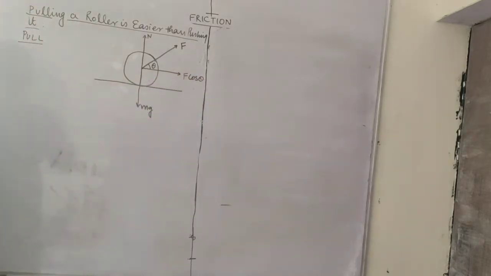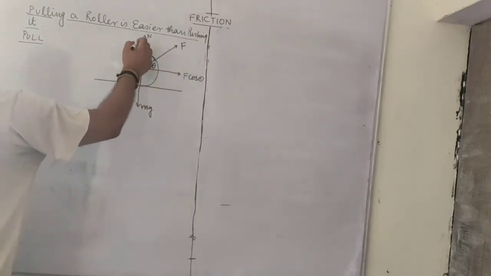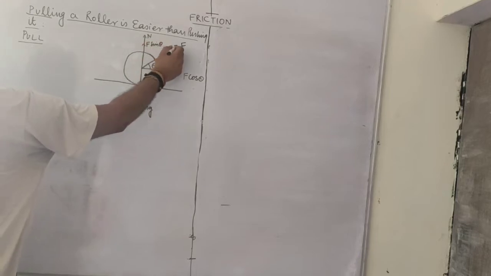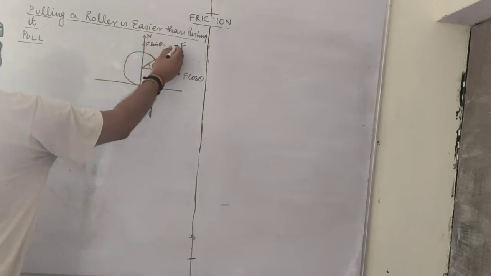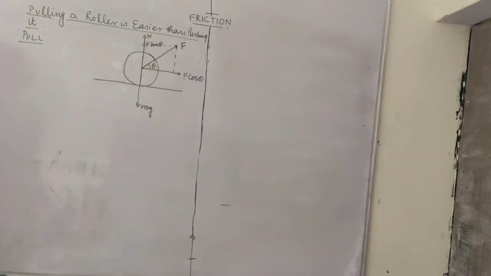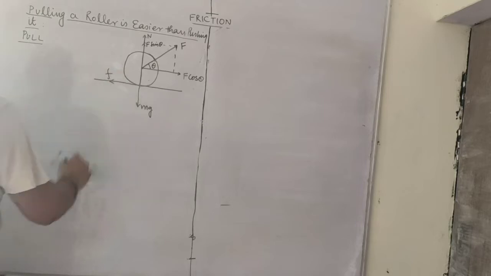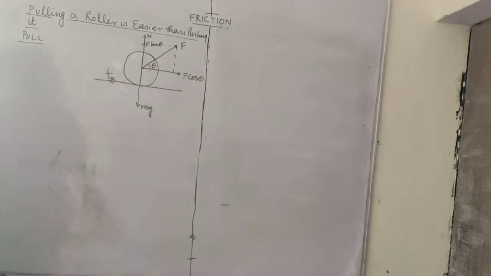The external force I am applying at an angle of theta with the horizontal has a vertical component, and this becomes F sin theta. You can see from the diagram, F sin theta. Now, because pulling is in this direction, the force of friction will be in this direction. This is because the roller is being pulled; I am writing it as Fk. Fk is acting in this direction.